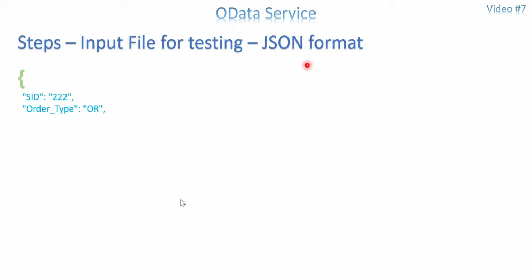First one. In my case, I have three things: header, item, and shipment. First, header. Start your information with open parentheses. Before that, no www dot nothing, because this is a JSON format. Just open the first line of your input with open parentheses, and within double quotes you have to give